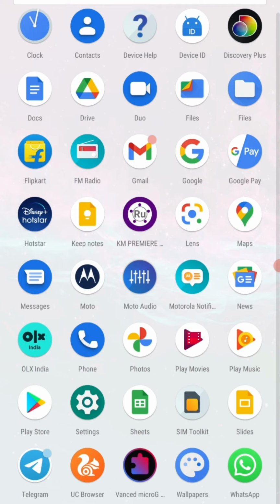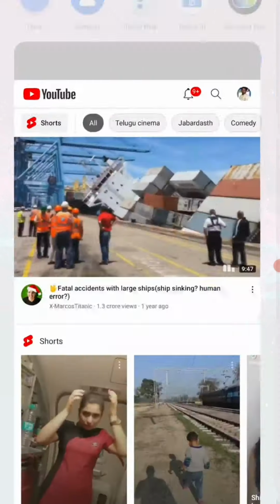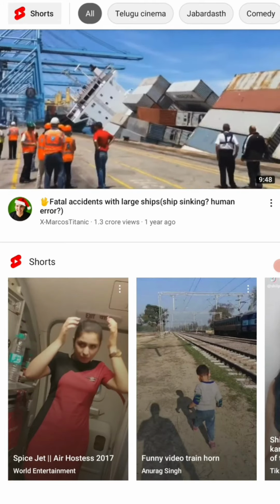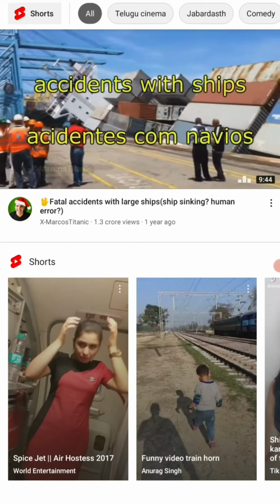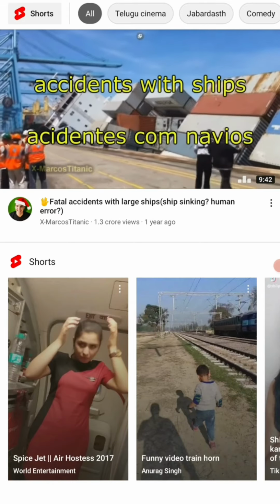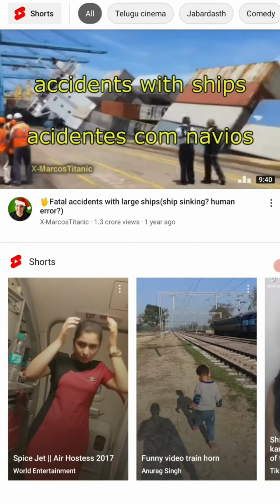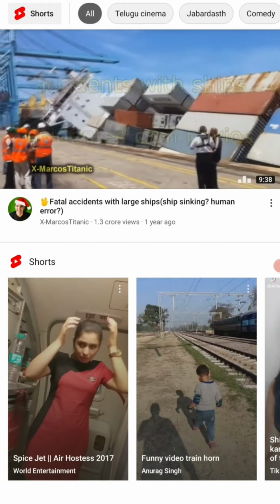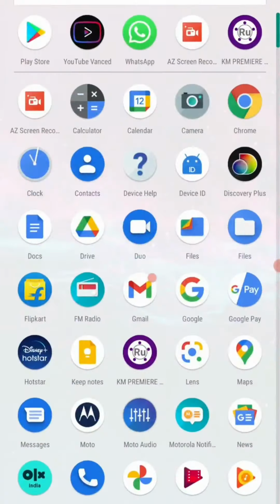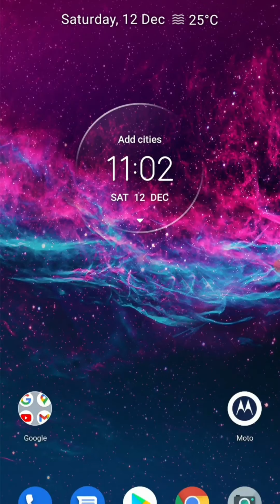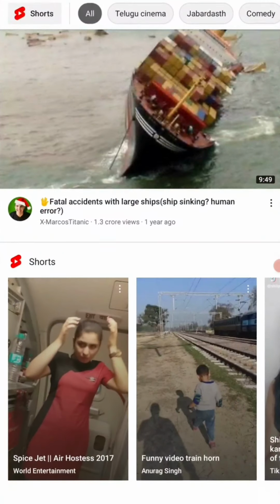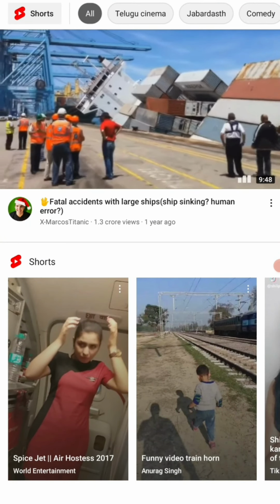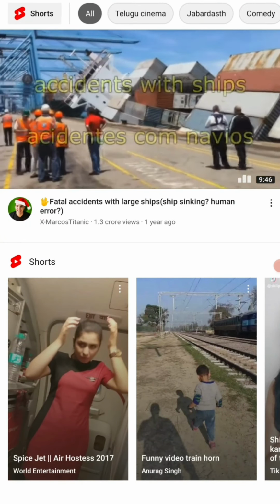Here at the bottom, I have the YouTube Vanced application. This is exactly the same as the YouTube application. You have the same experience, the same sign-in experience, subscriptions, everything you do in the normal YouTube application is available in this Vanced application. Also, this flavored version doesn't have ads, completely gone. You can enjoy videos without ads.